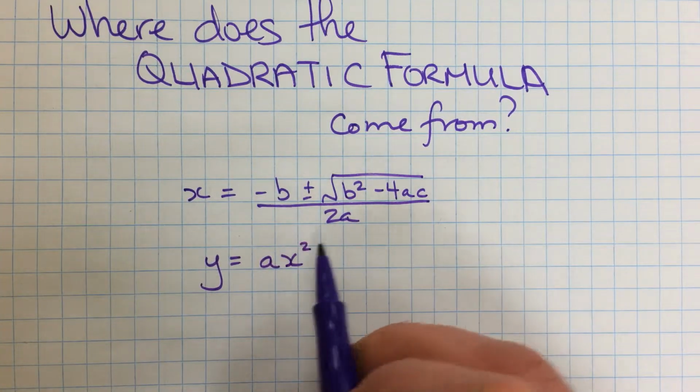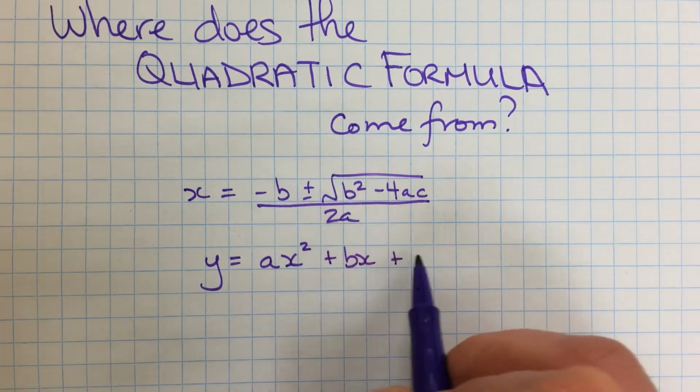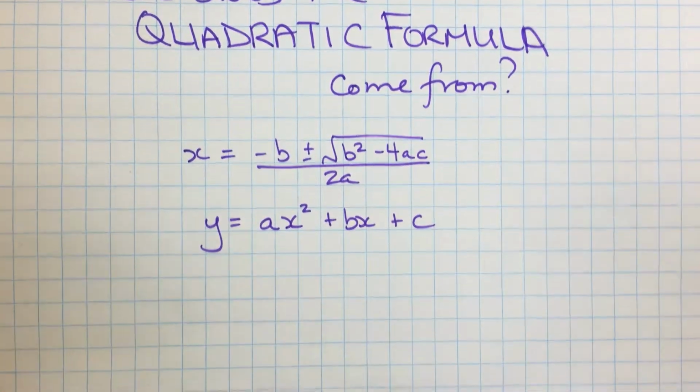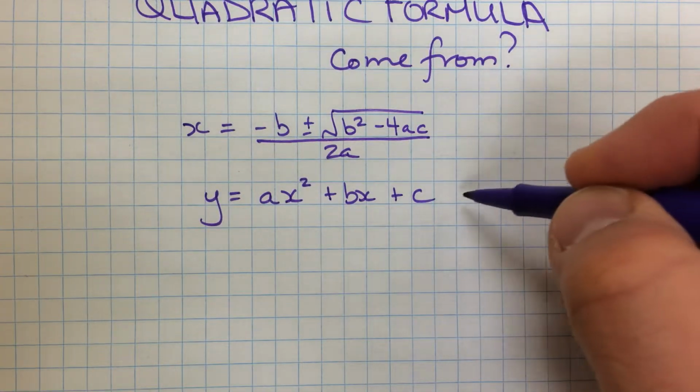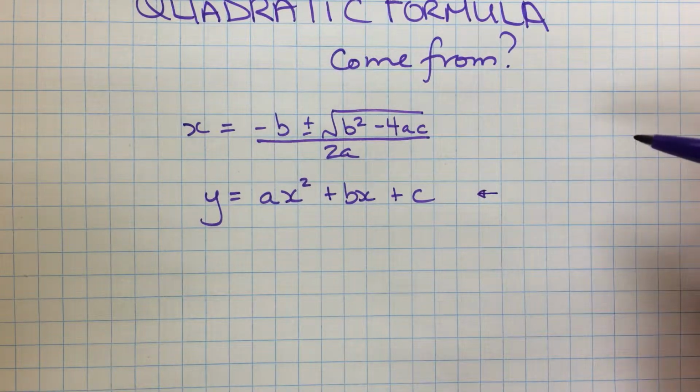This is where the a's and b's and c's come from: ax squared plus bx plus c. We call this standard form. That a can't be 0, otherwise that term goes away and you have a line or something even smaller. So we are going to take this form right here, the standard form, and we're going to rearrange it until